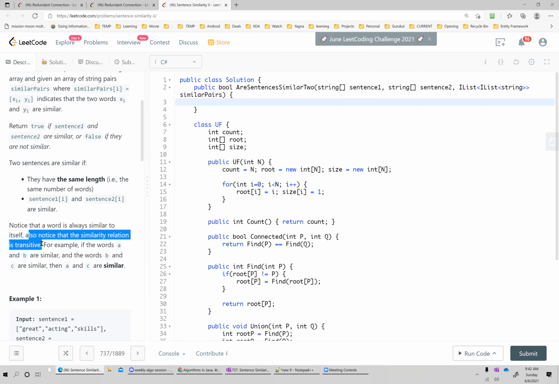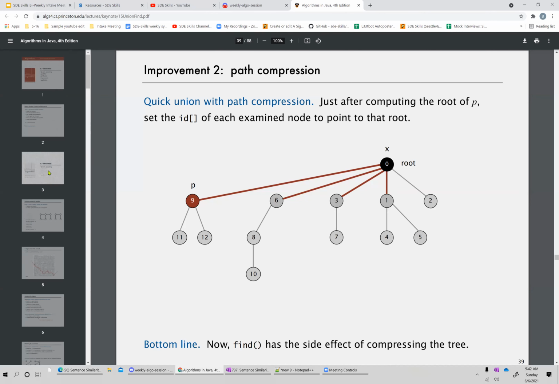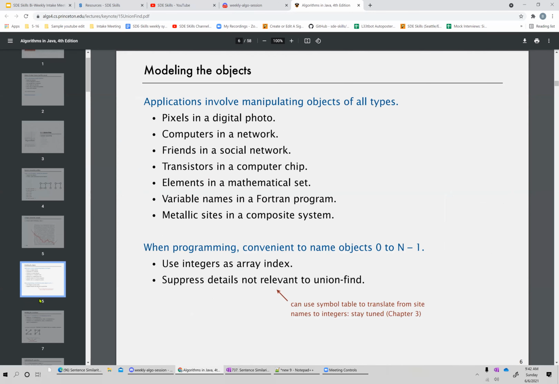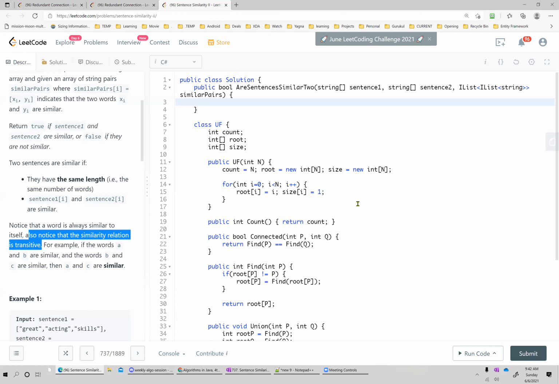True. And when we went through union find, I think that also started with this, right? The relationship is transitive. Yeah, you mentioned that last time, transitive. See, reflexive, symmetric, and transitive, right? So P is connected to P, that is self. That is also given. This is not given, but it is implicit. Both are connected, symmetric. And transitive is: P is Q, Q is R, so P is equal to R. So all three are satisfied here.